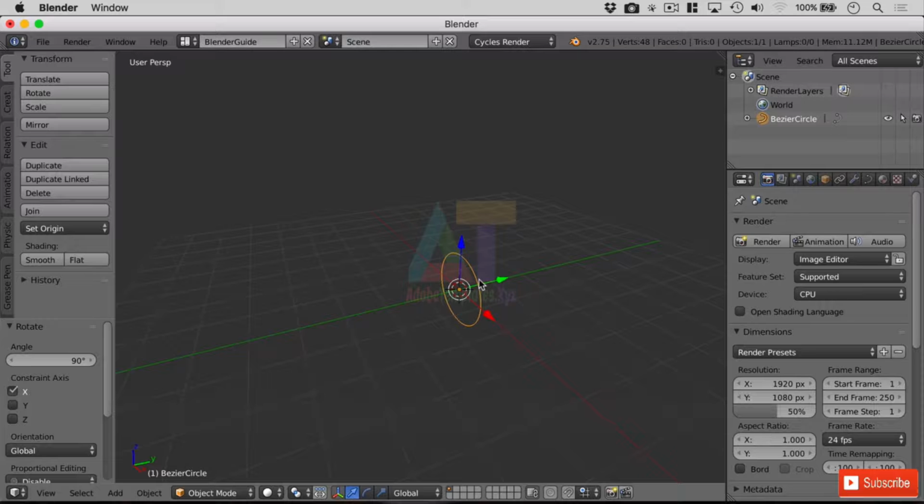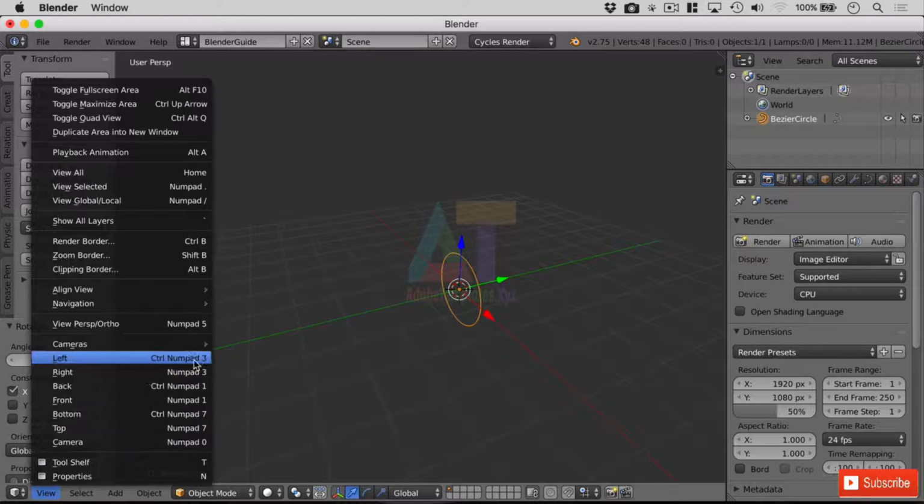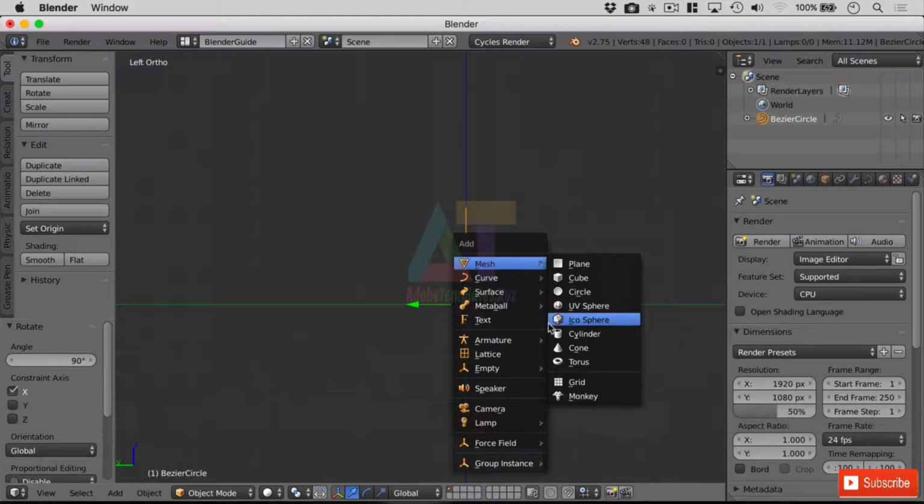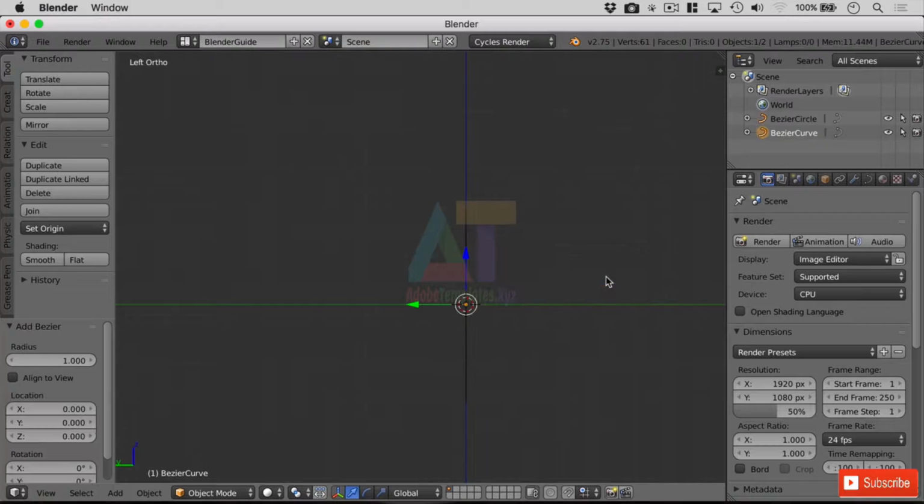The next thing we need to do is add a Bezier curve. I want to be able to see what I'm doing. I'm going to flip around to the left, and I need to be in orthographic projection. There we go. So there's our circle, and I want a Bezier curve that I can see here. So let's add a curve, making sure we're in object mode. Bezier, I can't see it at the moment because it's on the XY plane. I think I just need to rotate it here,